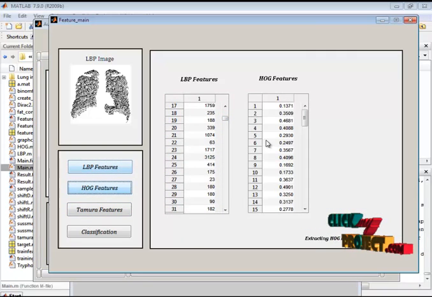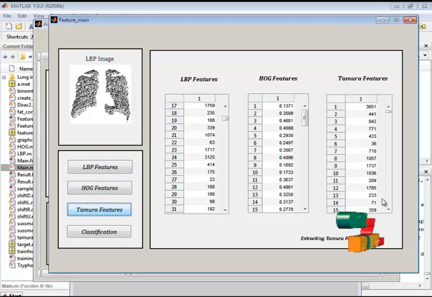Next, we detect the HOG feature, and then we detect the Tamura feature. These three features are given to the classification. For detecting the abnormality, here we are using the SVM classifier.